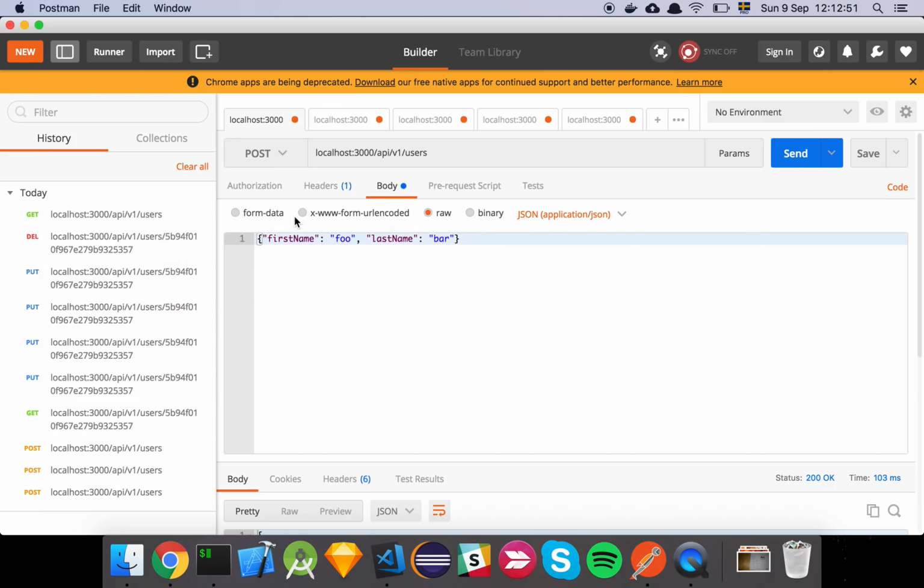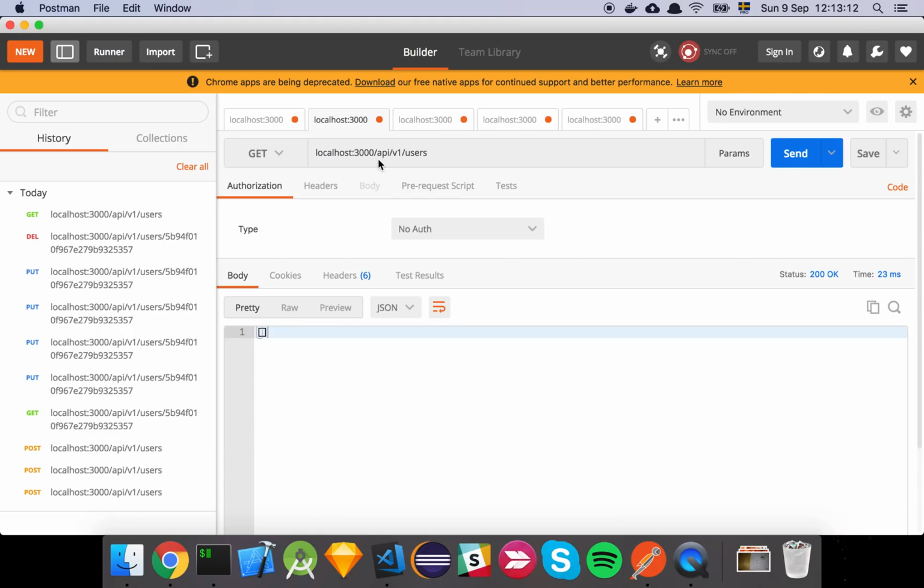Let's take a look at this little client that I have, which is called Postman. Postman is basically just a REST client, well, it's not just for REST, but it's something that I use for network communication and just kind of getting away from having to use a browser for everything. So let's, for the sake of argument, say that I have this endpoint here, which we saw earlier is like